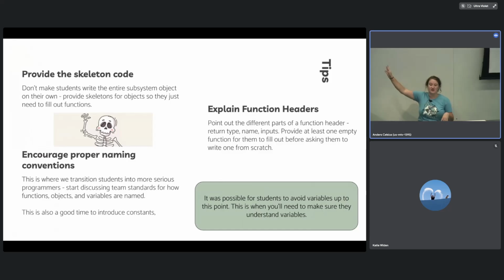This is where we start explaining function headers. We now have them hooked. We can be boring now. And I'm very explicit. I'm like, at the start, we have a return type. So if it says void, there's nothing to return. How functions work in return is something I'm still bad at teaching to high schoolers. Something about that really breaks their brain. But just keep trying, keep saying the same thing. Eventually it'll click.